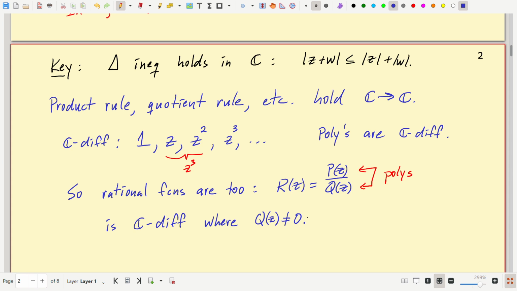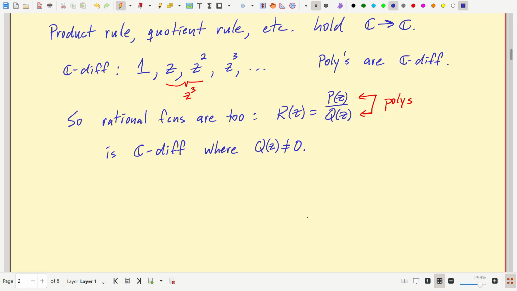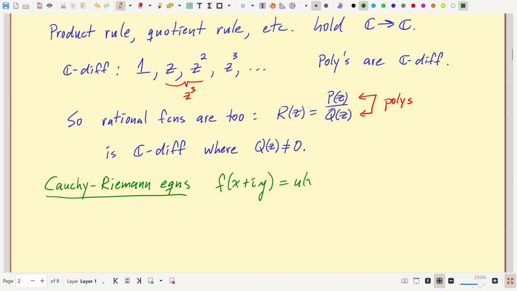Well, for a week's worth of lectures, a complex analysis class like Math 425 feels like freshman calculus. The first time something exciting new happens is when we come to the famous Cauchy-Riemann equations. If I write f of x plus iy as u of x,y plus i v of x,y,